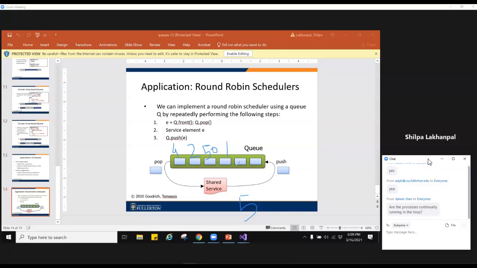So the person in 4th place will be blocked by the person having 50 items and have to wait for a very long time. But because this round robin scheduler is like a cashier who is very fair, it says I'm only going to allow you to check out 5 items. So person 1 is the first one to check out, they check out 4 items, that's all, and they go away.